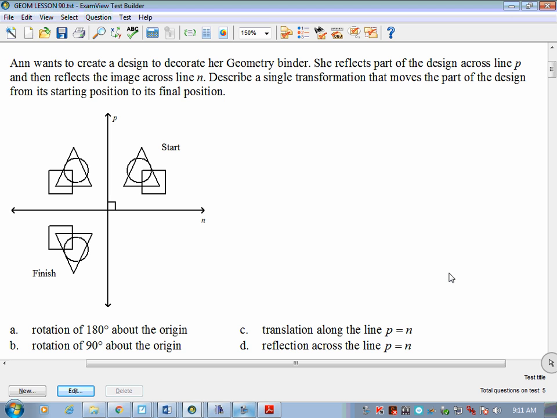All right, what did we say that the reflection across two intersecting lines would be? Rotation. Okay, so just like how we said the reflection of a figure across two parallel lines was translation, the reflection of a figure across two intersecting lines is rotation. Specifically in this case, notice that these two lines are 90 degrees, right? And we said that if we reflect across